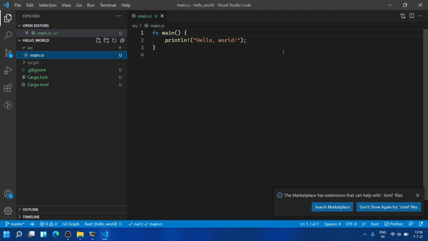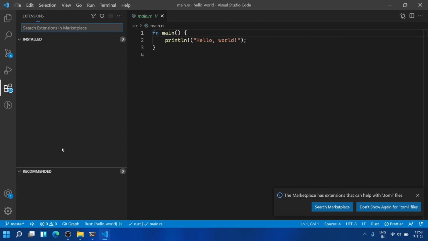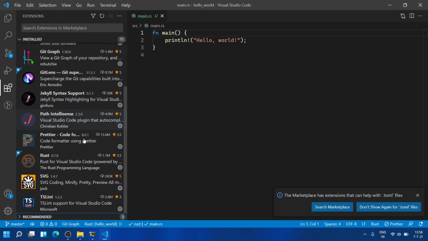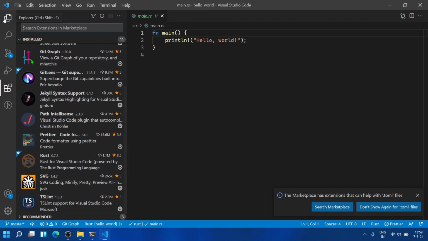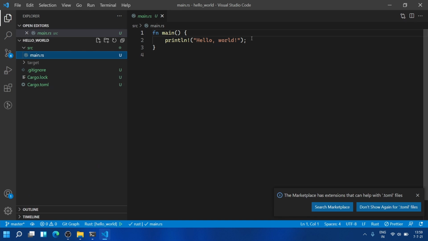If you see, there is an additional folder created automatically here, target. That is because I have the Rust plugin in my VS Code. Here I have my Rust extension, so it will auto build and check my code for syntax, and while we are writing code itself, it will check for syntax errors and possible errors. If you are using VS Code, please install this one. It will be really helpful. If not, no problem, we can check in the command line.